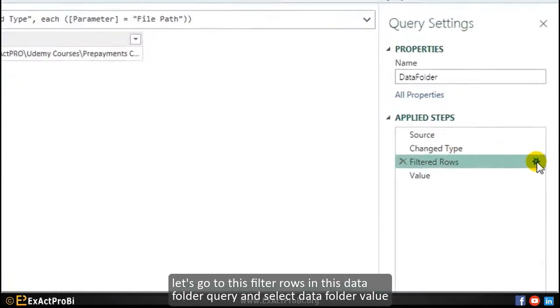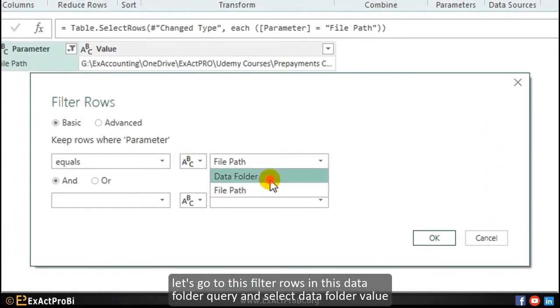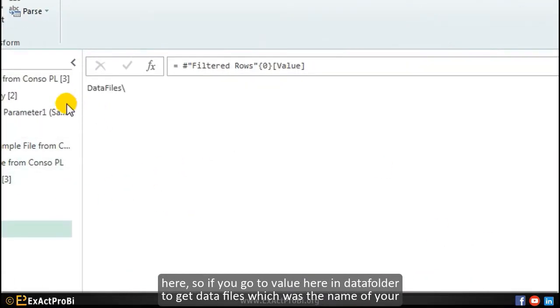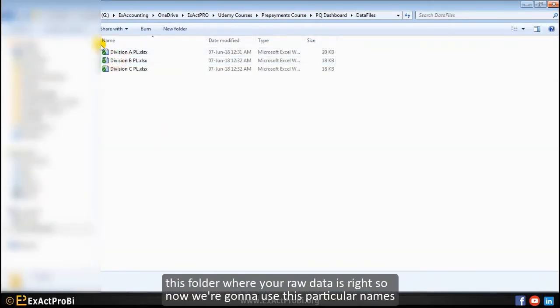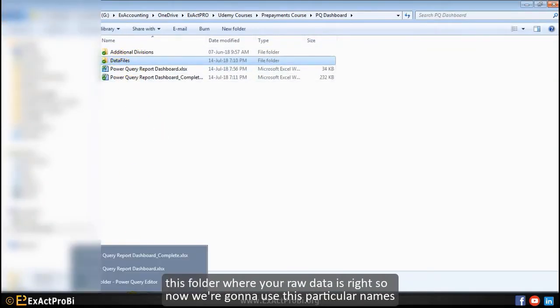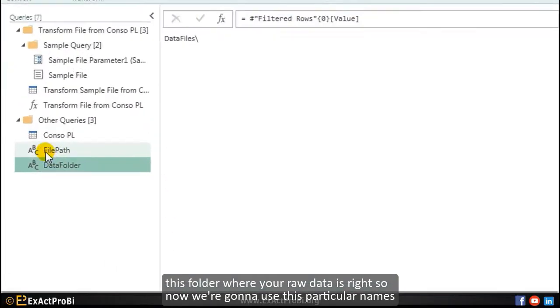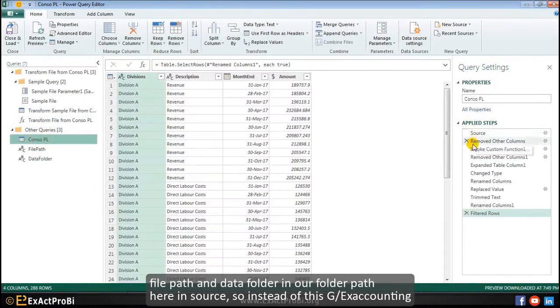Let's go to this filter rows in this data folder query and select data folder value here. So if you go to value here in data folder, you get data files, which was the name of this folder where your raw data is, right? So now we're going to use this particular names file path and data folder in our folder path here in